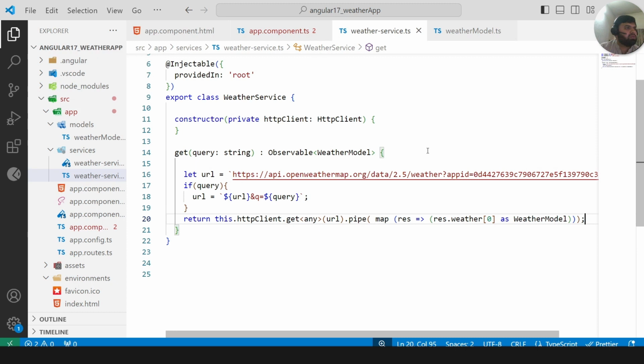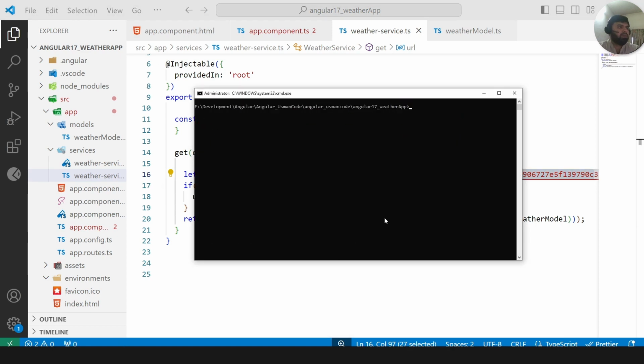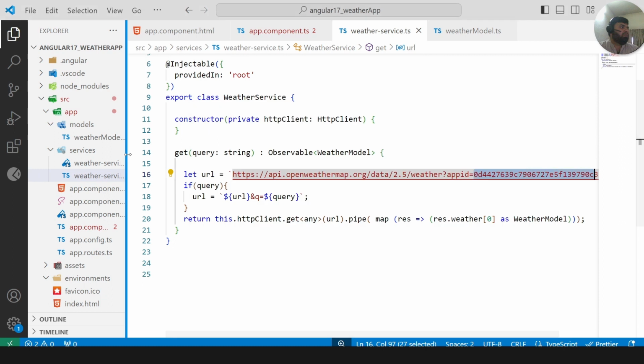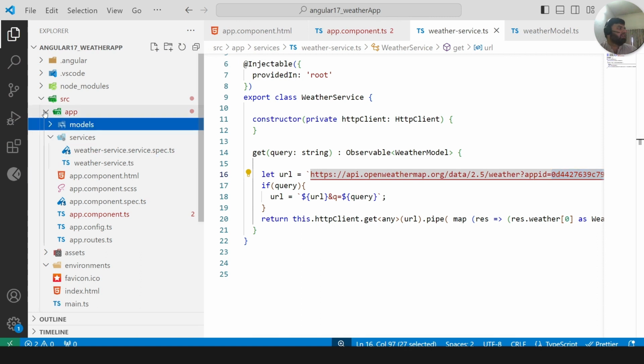Third thing is to ensure the environments, and we are picking any kind of keys from those environments. For that, we need to stop the application and generate those environment files. One more difference between the previous version and Angular 17 is we don't have an environments folder in that default